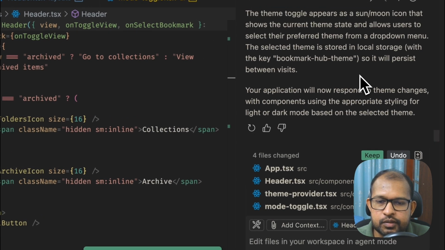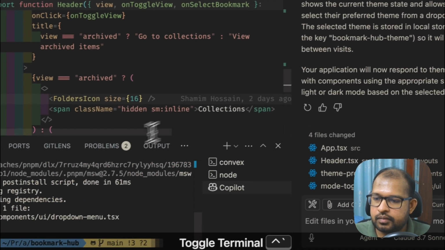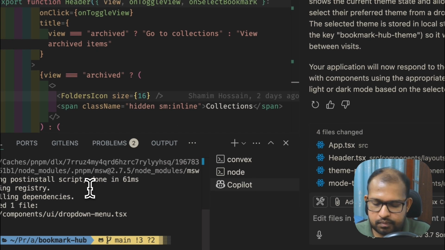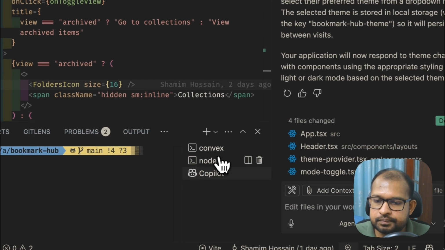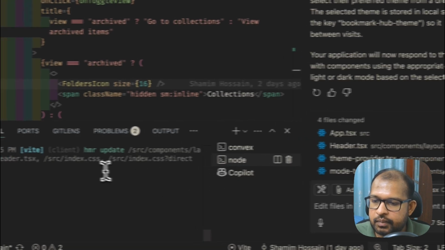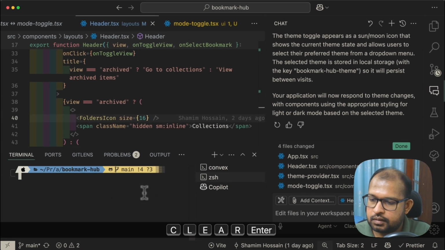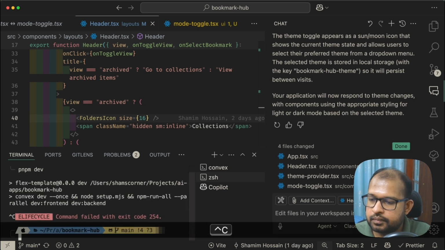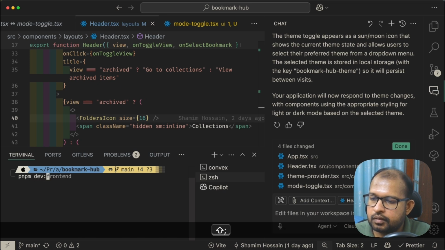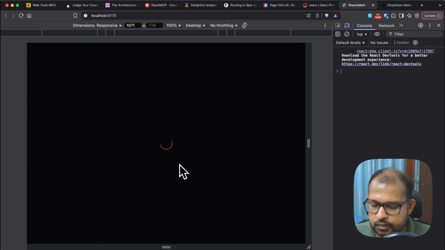And that's pretty much it. So let me just keep that changes and let's open up. Just make sure that I am running the app. I already did, but I want to stop this and, sorry, not this way. npm dev frontend. Okay, so